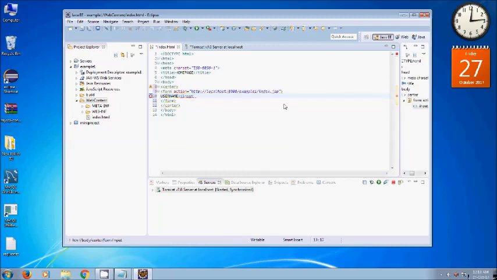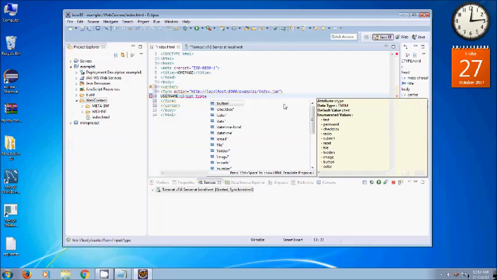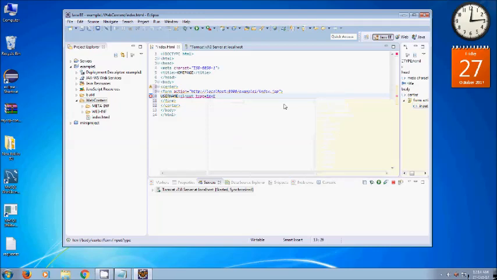So this input tag has a function called type. The type says what kind of input you want. So we need a text box, so we say text. Make sure to put it within double quotes. So input type equal to text. So here a text box will be created, and now we need to say